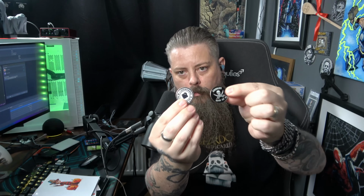Pin badges wise, there was a few. I'm just trying to work out which ones are which here. So I got a Goonies, a Paranormal Investigator badge. Very cool. And I also got a Freddy Krueger keyring. That'll definitely be going on my keys. I adore Freddy, Jason, Michael, all of them. And then Mrs. Geek's got a Frog Brothers Vampire Hunters pin badge, as well as a Paranormal Investigator badge, obviously